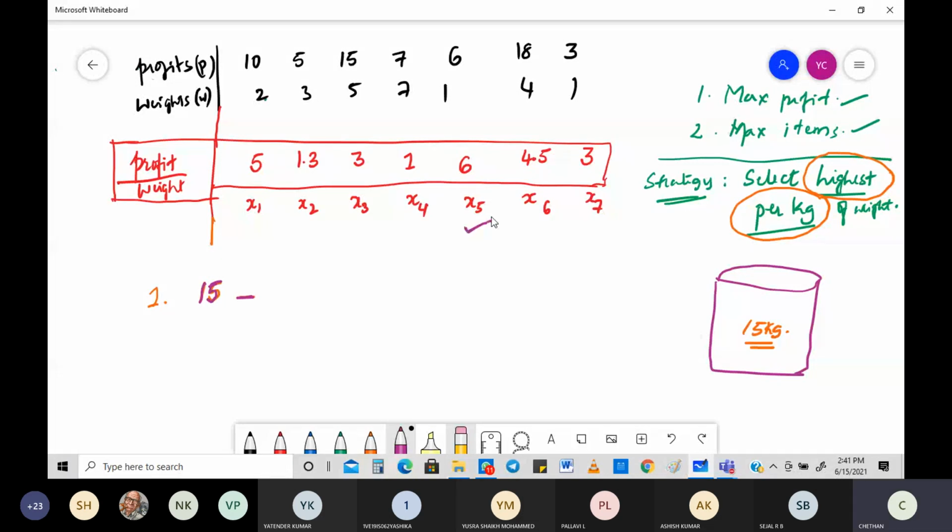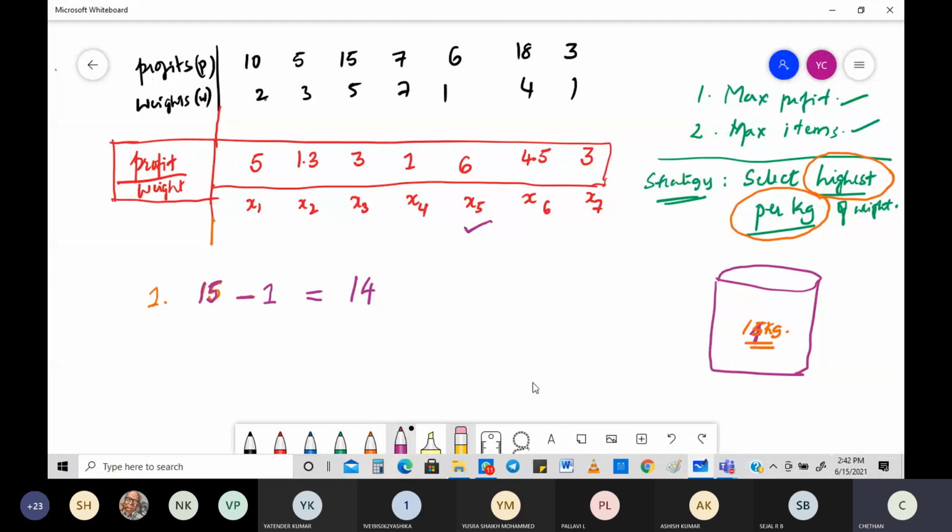So I'm going to use that. Okay, if I use this, see this, what is the object? The object is this one. What is the weight of this object? 1 kg. Okay, so I'm going to put that 1 kg right here. So what will be the remaining kgs? 14. Now you can see the remaining is 14 here.